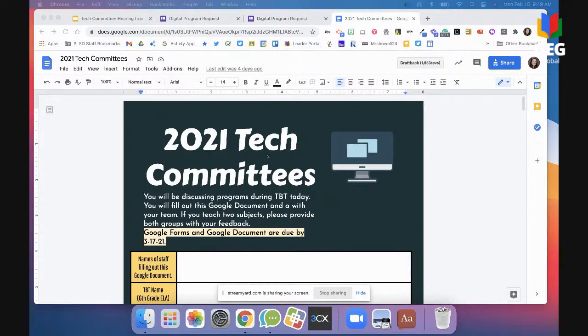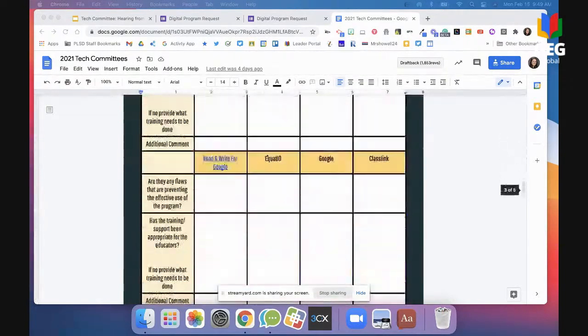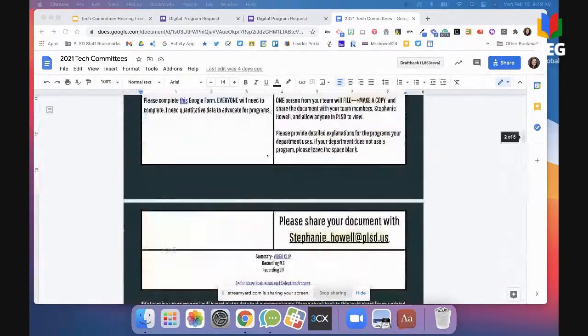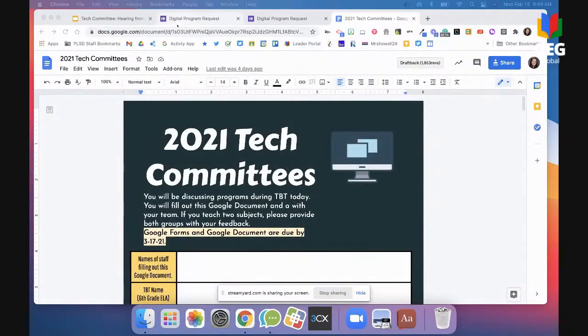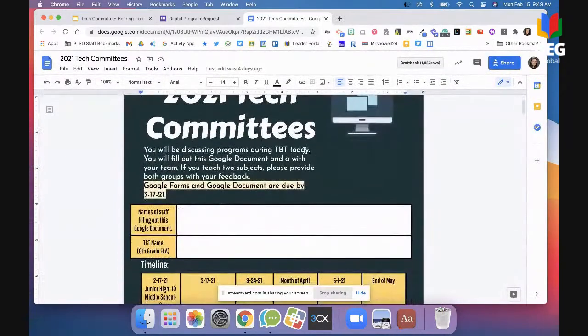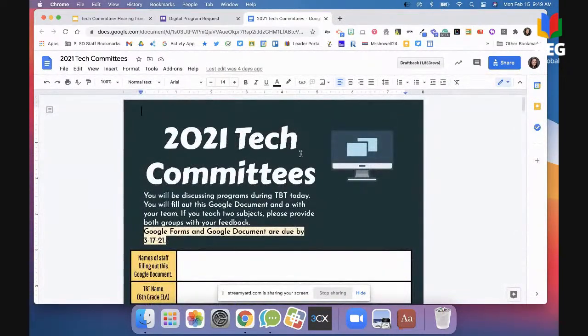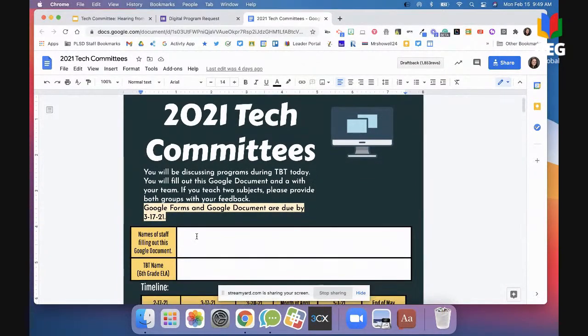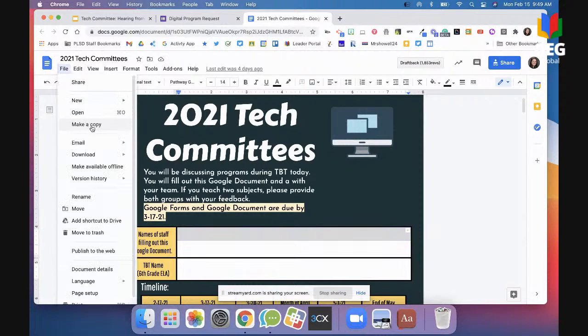At the beginning of February, I worked on creating this document. That was the creation, the start of it. And let me get rid of that. There we go. So for 2021, this is what my tech committee plan looks like. My teachers are going to work together on this Google document. They're going to go to File, make a copy,